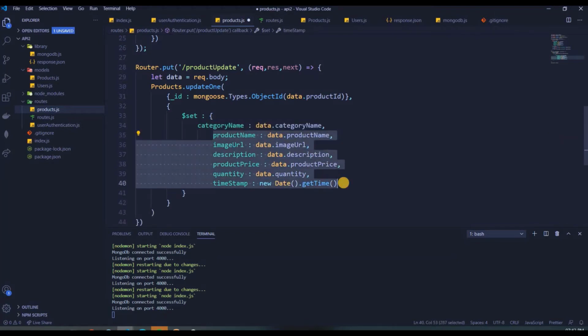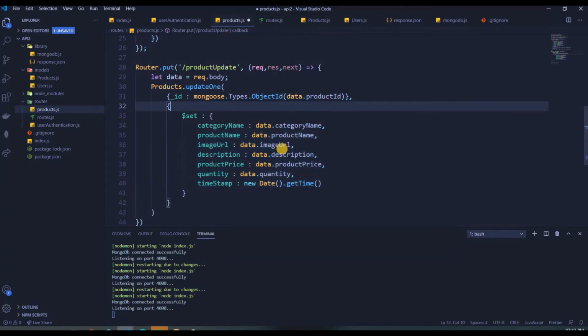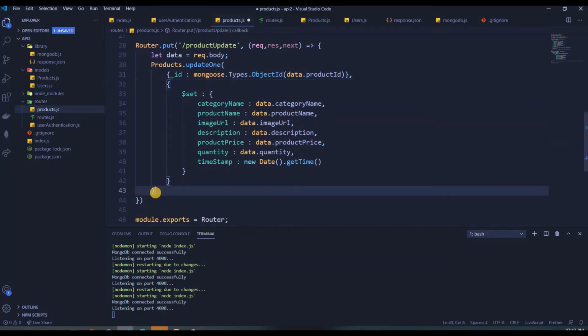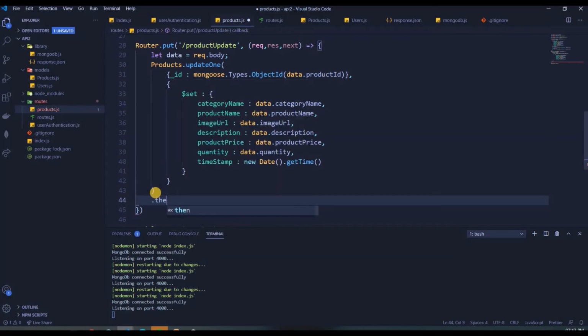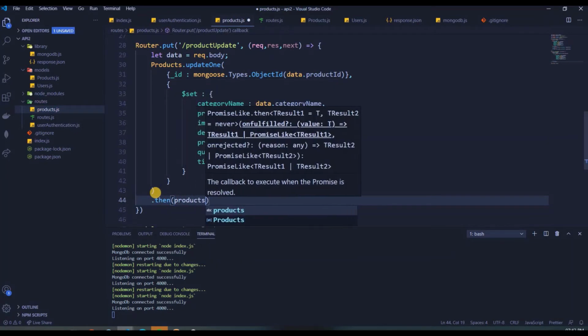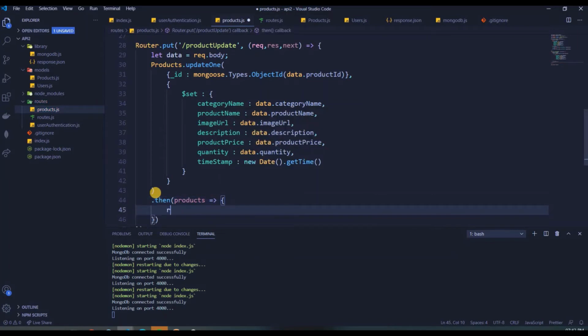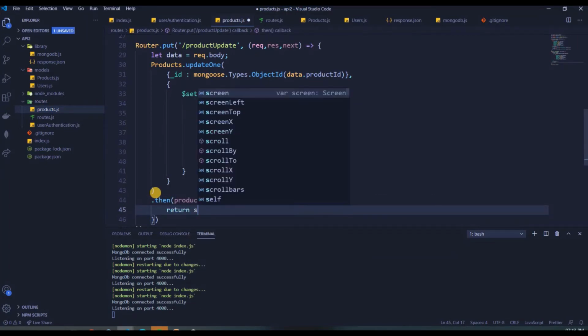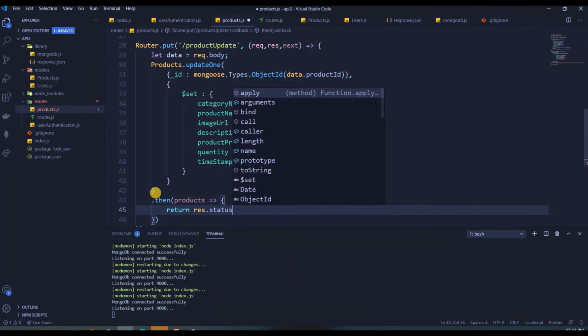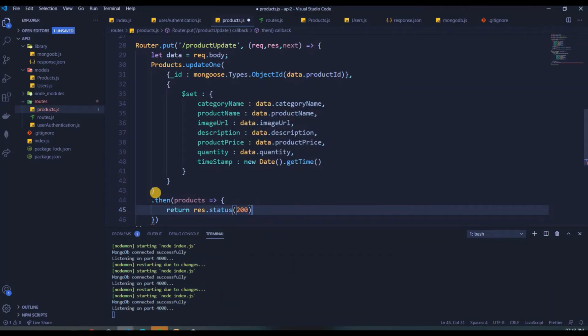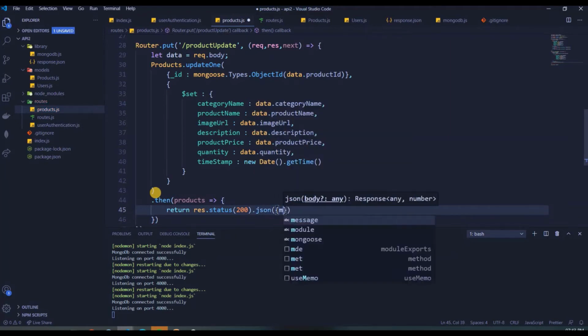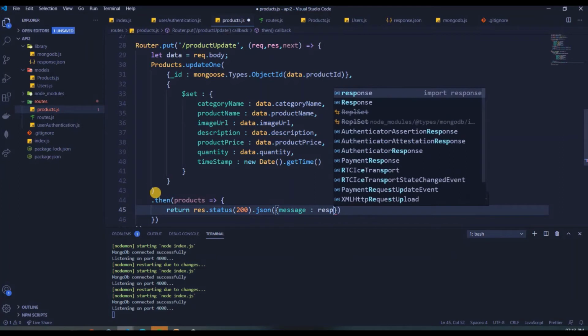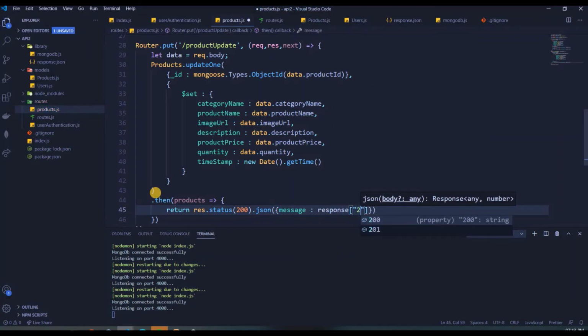You have to provide a timestamp here as well, because then you'll be able to see, okay, fine, my product was updated at this time, or you can add another field called updated timestamp. Both ways it will work. You don't have to worry about anything. So yeah, then we'll have products, and then we'll return the status. If everything works fine, then we'll return the status as 200,